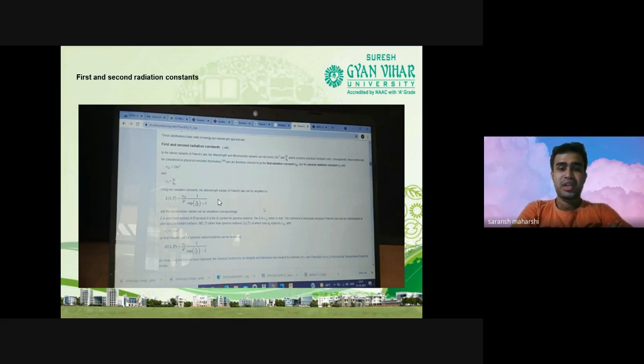Using the radiation constants, the wavelength variant of Planck's law can be written as L(lambda, T) = C1L / (lambda to the power 5) times 1 / (exponential of C2 / (lambda T) minus 1), and the wavelength variant can be simplified correspondingly. L is used instead of B because it is the SI symbol of the spectral radiance. The subscript L refers to that reference, which is necessary because Planck's law